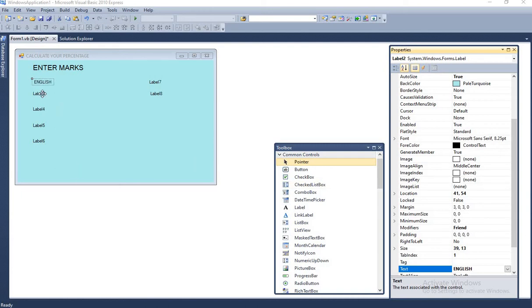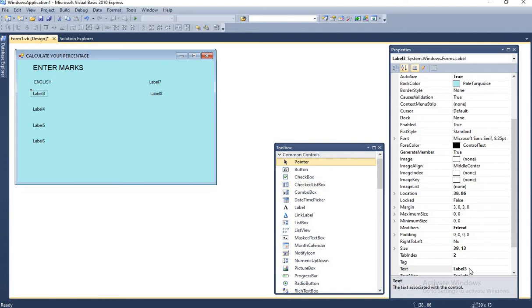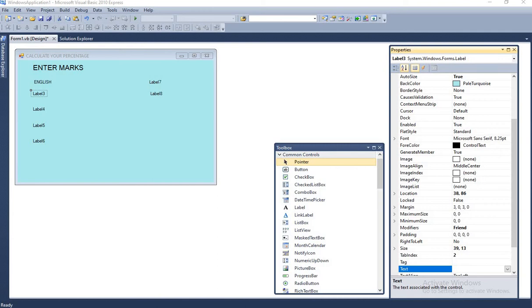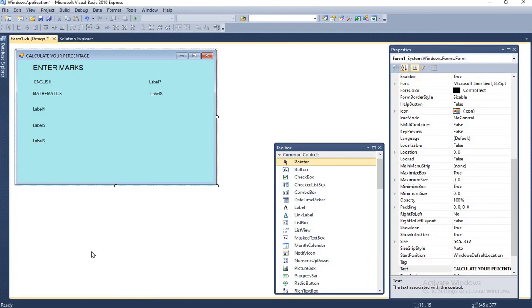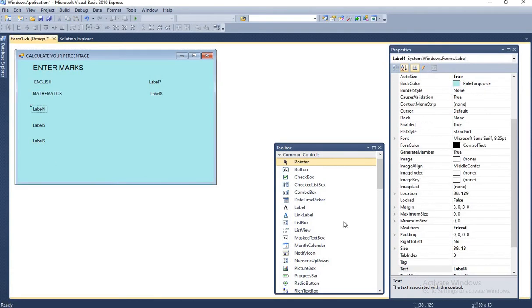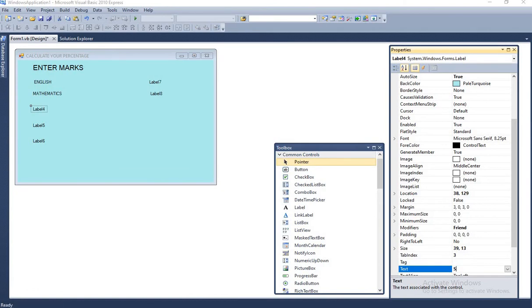Then for label control 3, this is mathematics. Then label 4, this is for science. Change its text property as science.